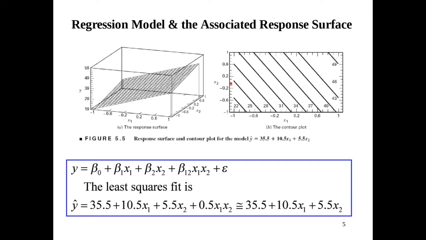These are the lines of your response values. So any combination of x1 and x2 on this line will give you the same response, 22. Any combination of x1 and x2 on this line will give you the same response, 25, and so on and so forth. So the flat plane in the response surface and the lines, once again, the contour lines are parallel